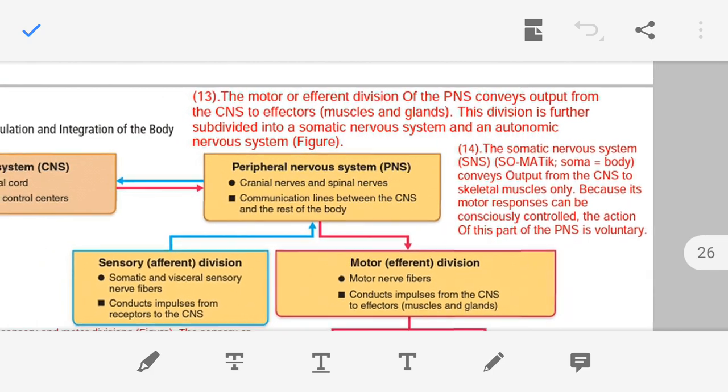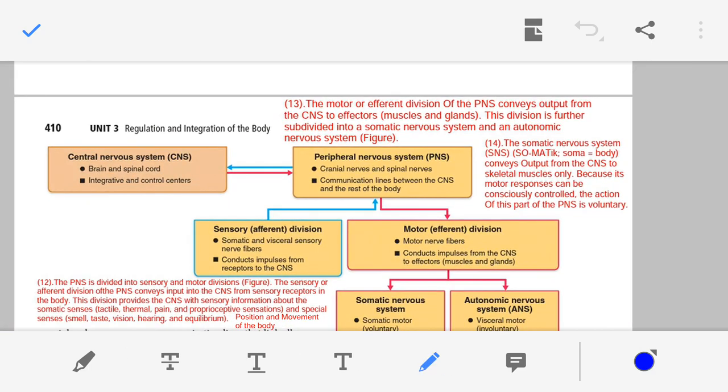In simple terms, the brain and spinal cord analyze the information from the sensory organs, let's say our nose, our skin, our tongue or our eye. This information is analyzed and interpreted by the brain and spinal cord. Then the brain and spinal cord decide what to do. That information passes in the form of nerve impulses